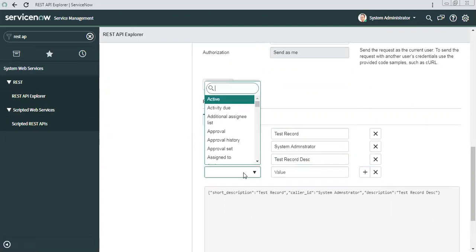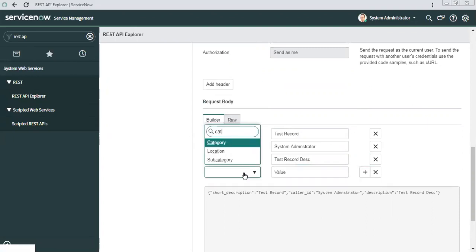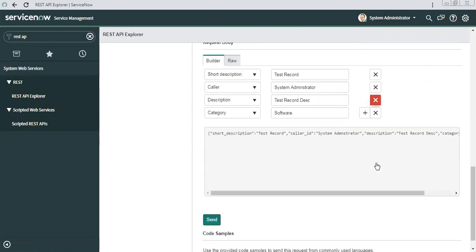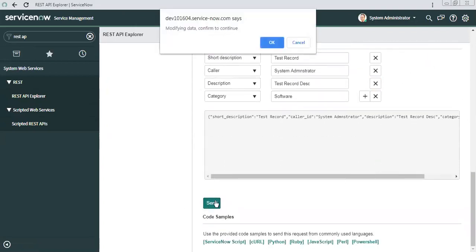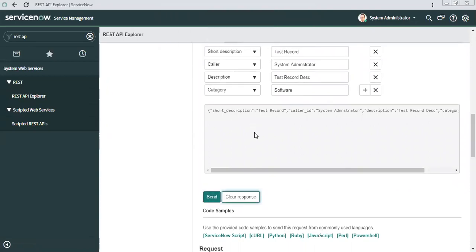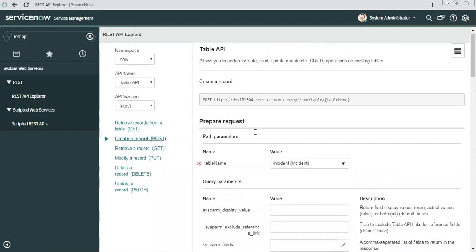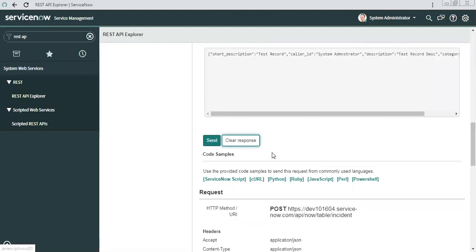Maybe I will put category as software. Now I will send so that I can check whether my API is working or not. Yes, it's working. Now I will share this endpoint and JSON with my third party tool.